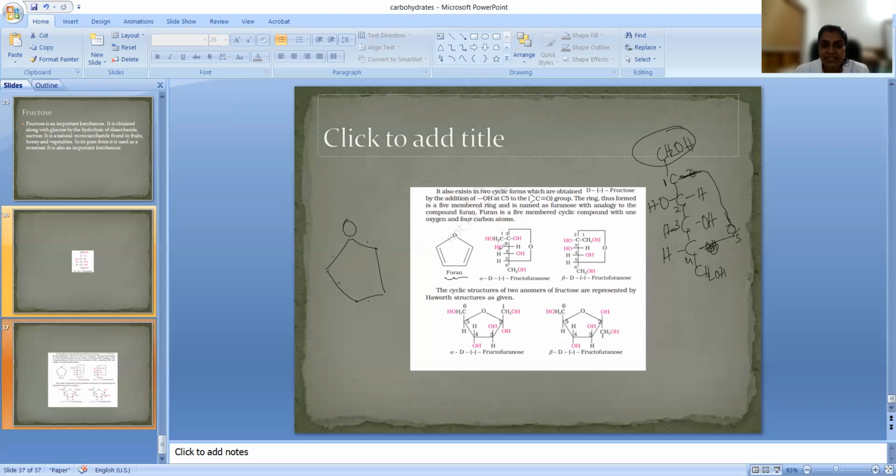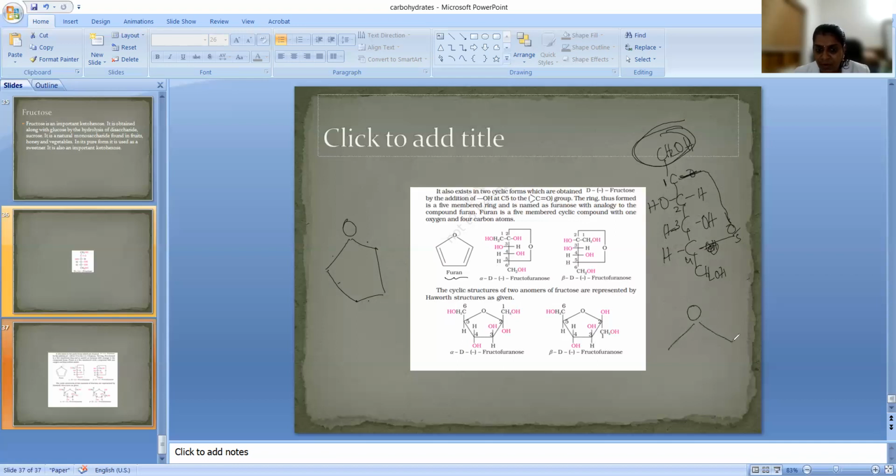So when it is fused, we will get two structures. The CH2OH that is present here, we will write here as the first carbon. We get alpha and beta forms here also. If the OH group is present on this side, it is called the alpha form. If the OH group is on the other side, the left side, it is called the beta form. And this is fructofuranose. Glucose was pyranose, and this is furanose because it resembles furan. Now, how will we write this furanose form?